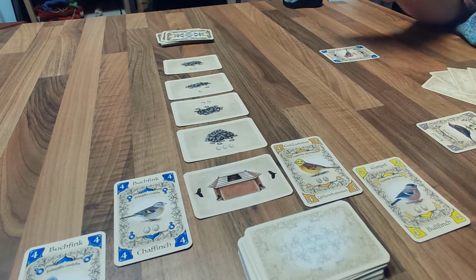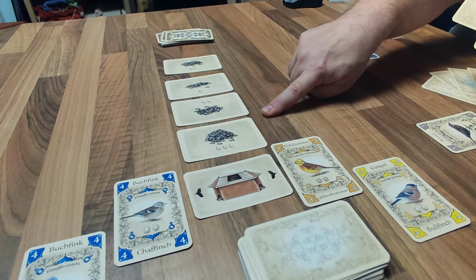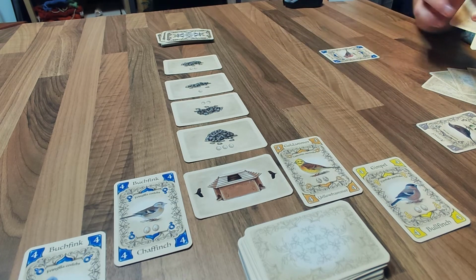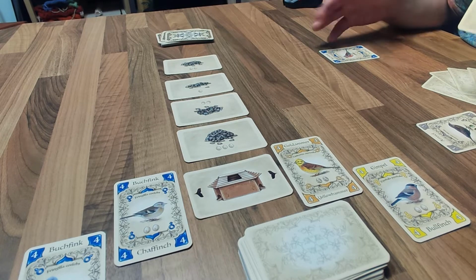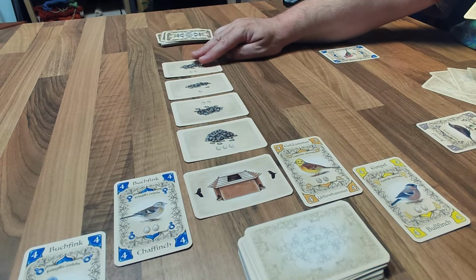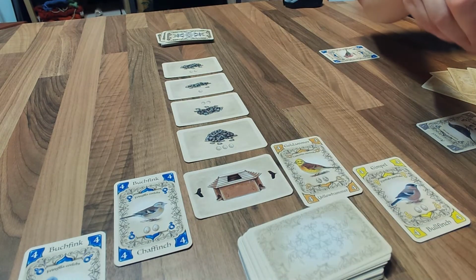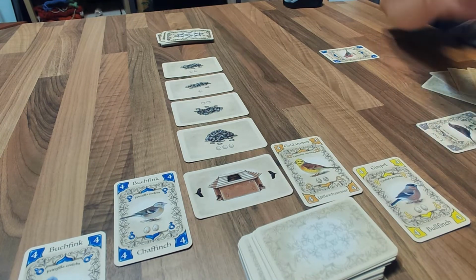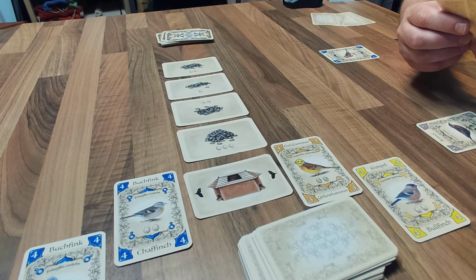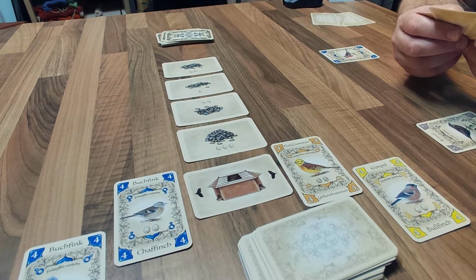When you put a bird in your own collection, you have no right to take a seed card because the difference is not higher. The difference is still 0 or lower. So this is only allowed when you take a bird from the first card. Then I have to take 2 new cards. The other player is playing his second round. He's going to put the 1,